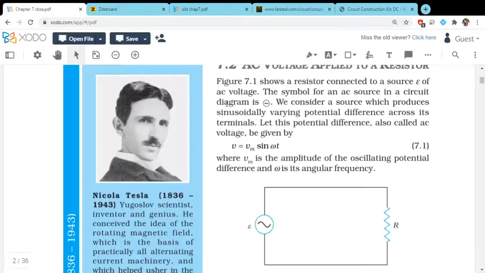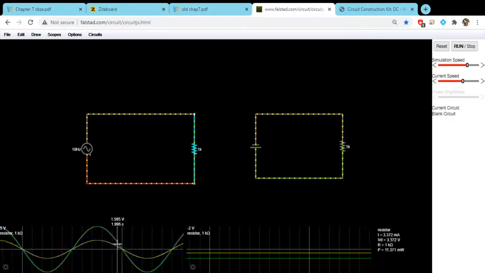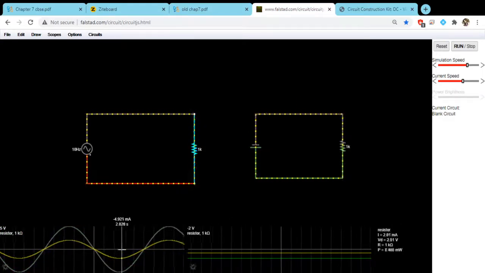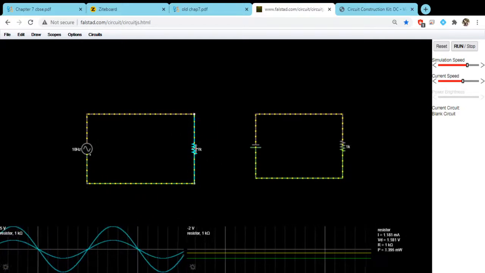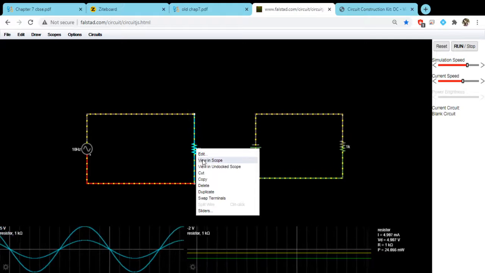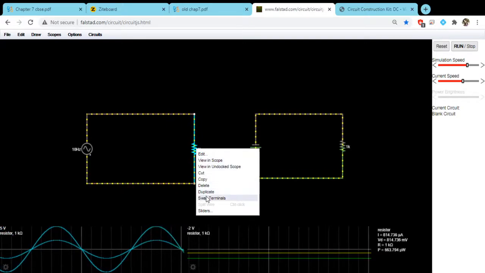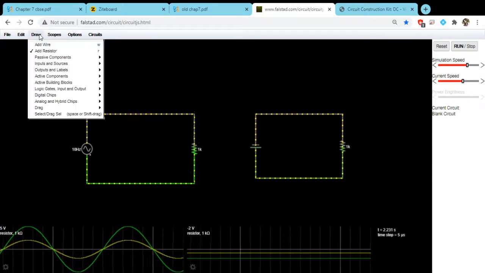So in this chapter, they say V is equal to Vm sin omega t. Now you understand V means the instantaneous value. This one, the value changing. You see here the value here is the probe. Okay, let me put here the probe. If I put the probe, then you will understand.